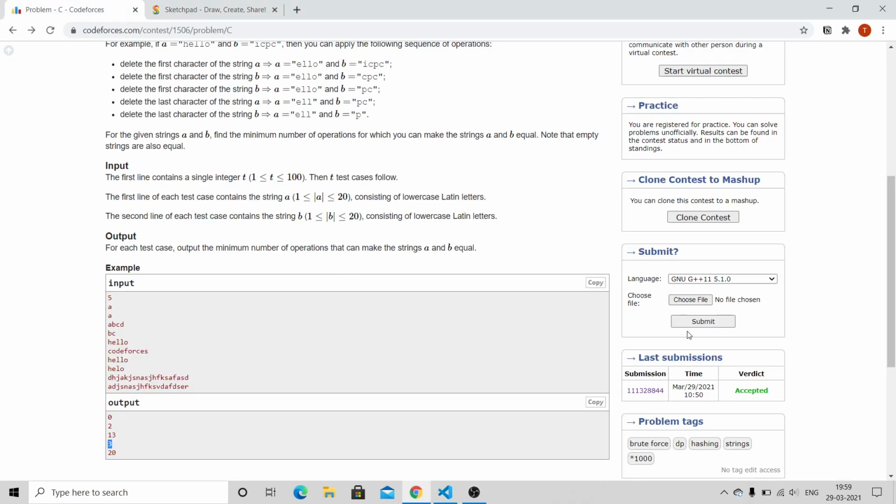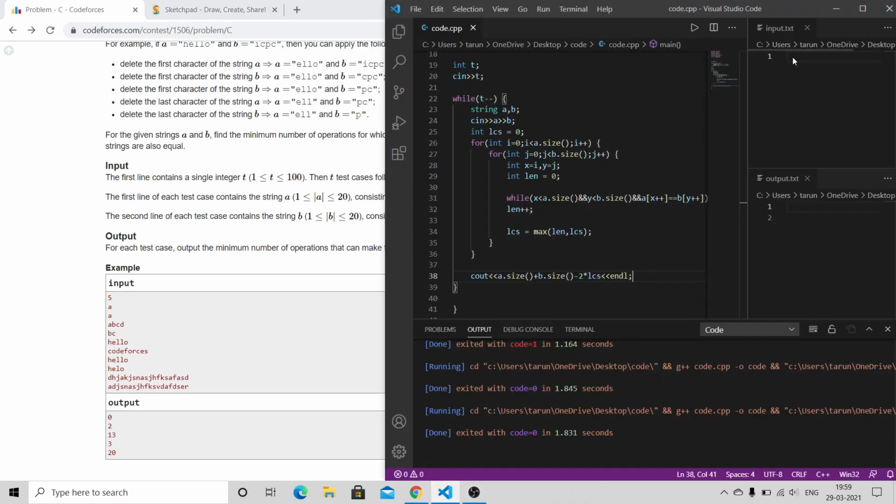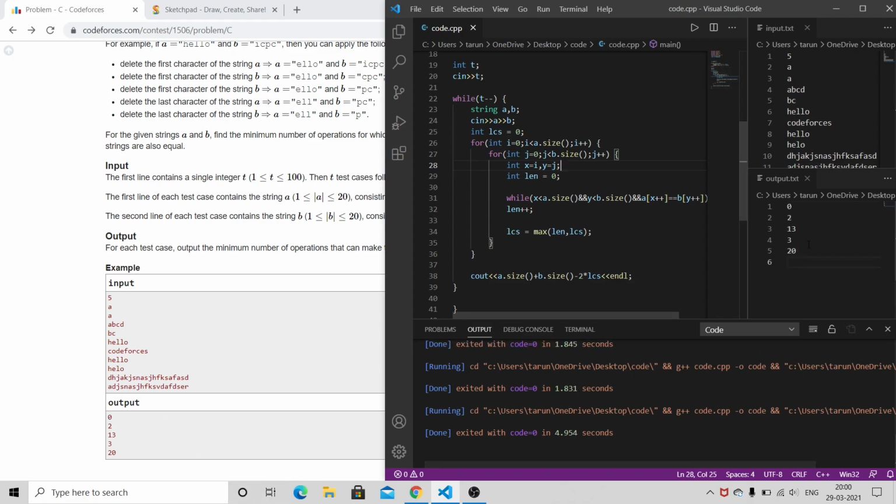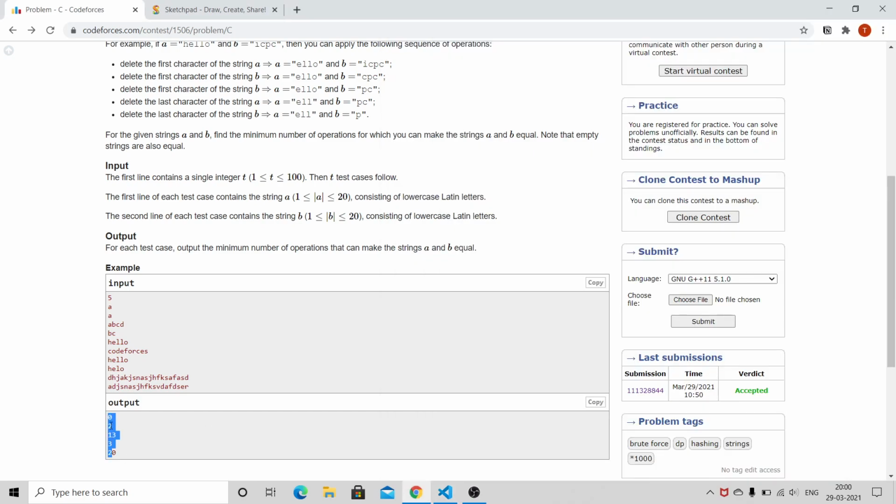So let me take the input given here. And now if we run it, we will get the output the same as this. As you can see here, the output is the same as the output mentioned here. So that was the logic for this question C.